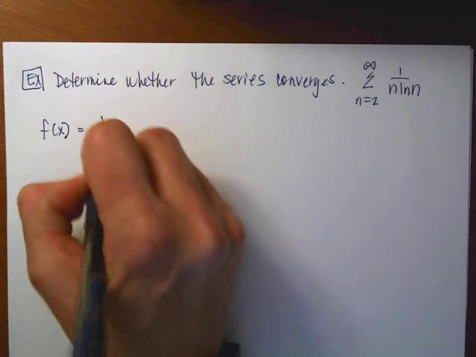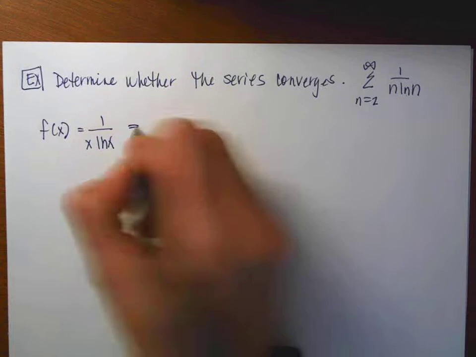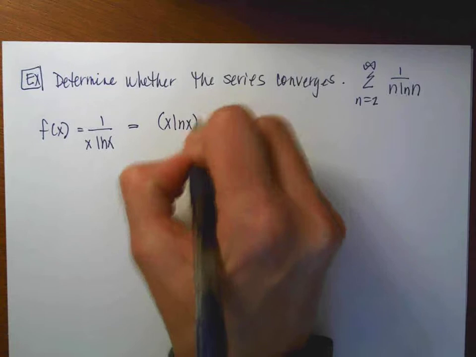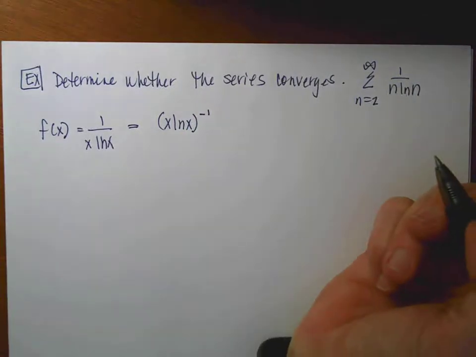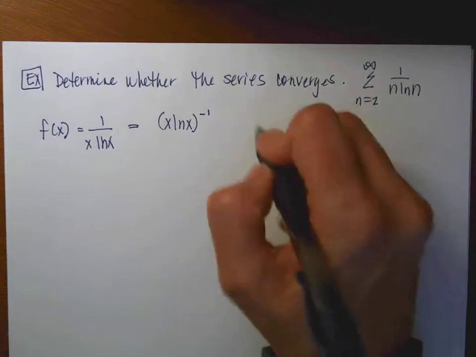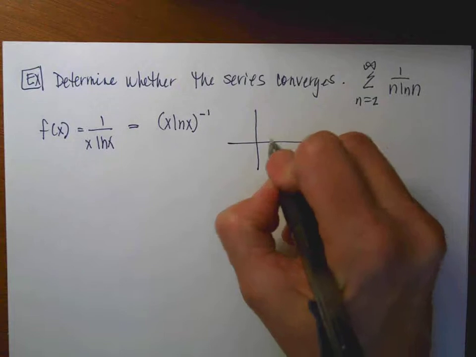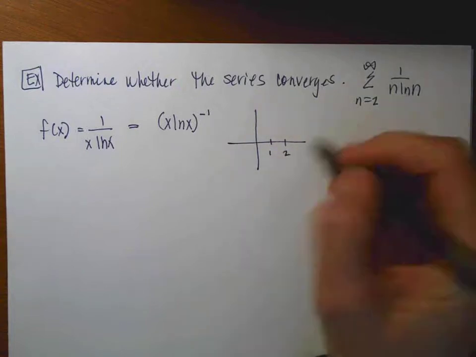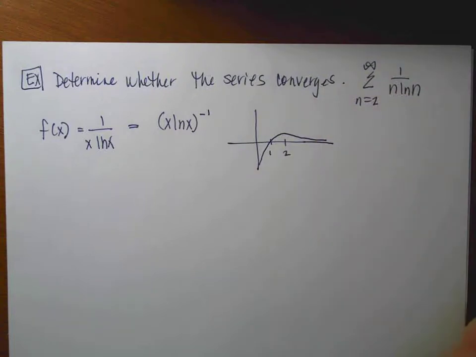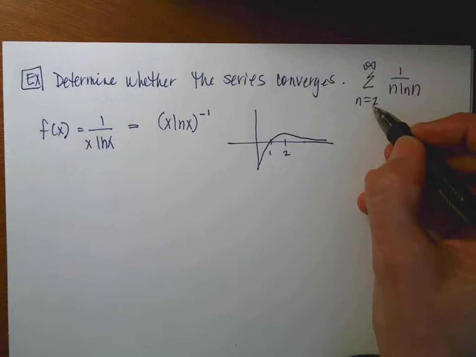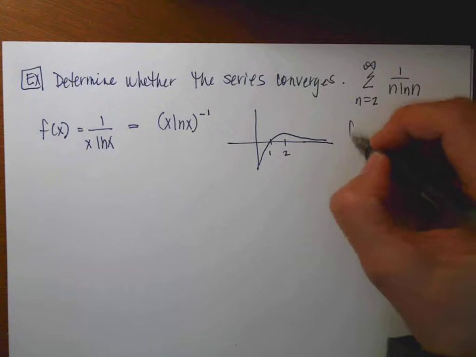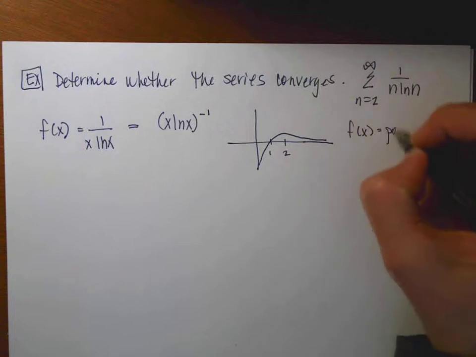All right, so I'm going to look at my function. So my function is going to be 1 over x natural log x, and I want to rewrite this as x natural log x to the -1, because that's going to make our derivative a little bit easier. All right, so we know that this particular function, if we looked at the graph, and then we could do some analytical work, but the graph is going to look something kind of like this, not too dramatic, okay? So notice that for n is equal to 2, it is positive, and it's going to be continuous,